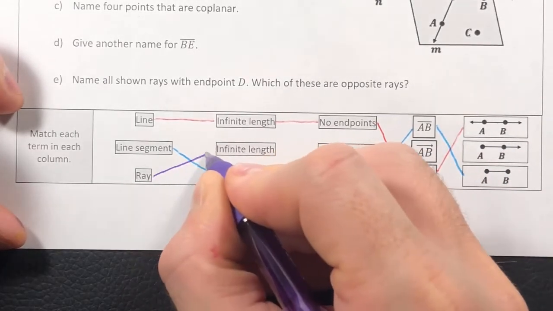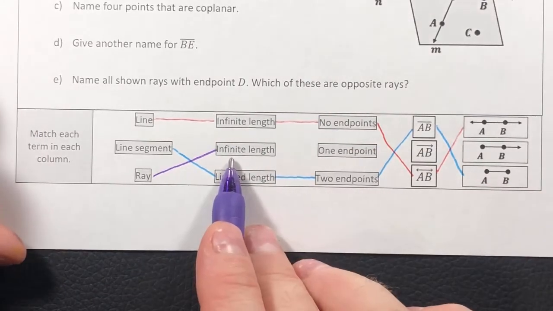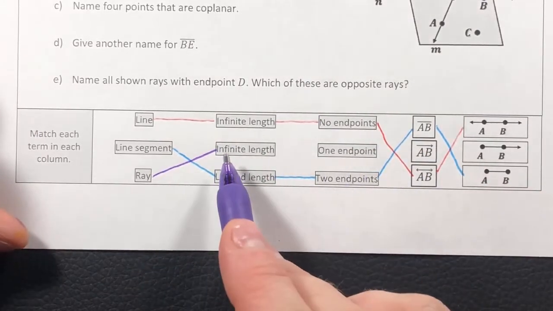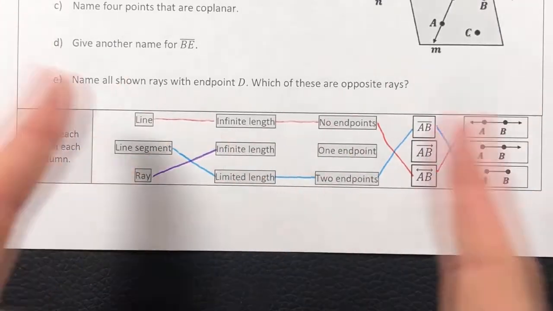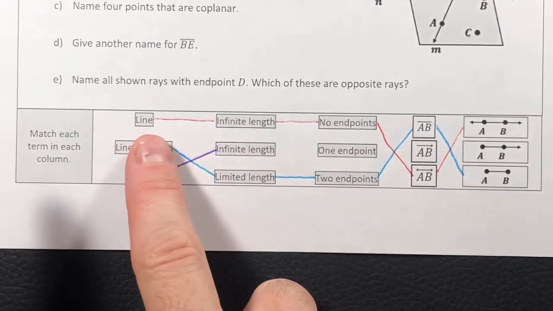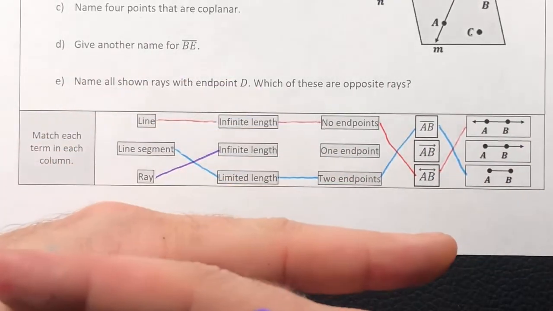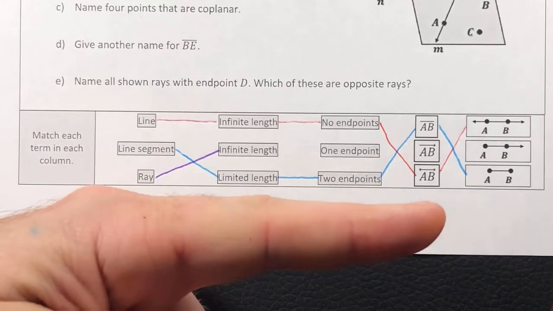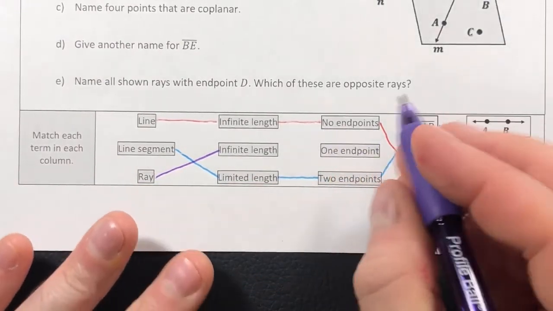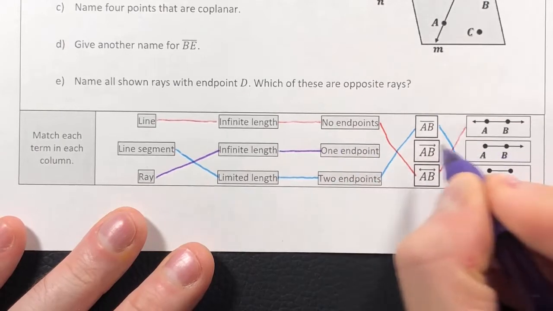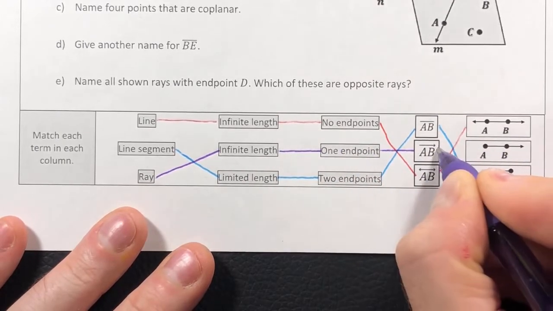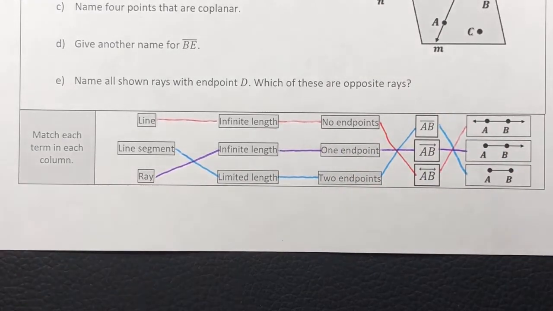Now, a ray is of infinite length. Remember, a ray keeps going in one direction. Even though it has a starting point, it's not infinite in both directions, like a line is. A line is infinite to the left and to the right. A ray is only infinite in one direction, but it's no less infinite. One endpoint, there's my ray, and there's my ray. Perfect. That's going to bring us to